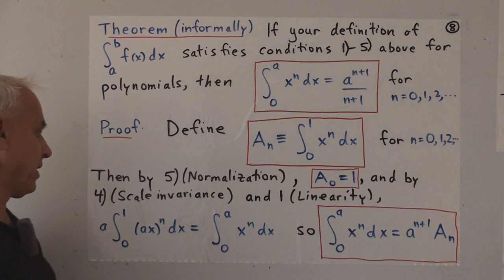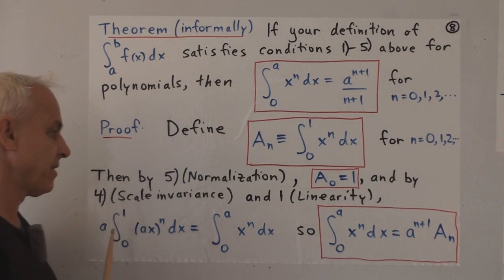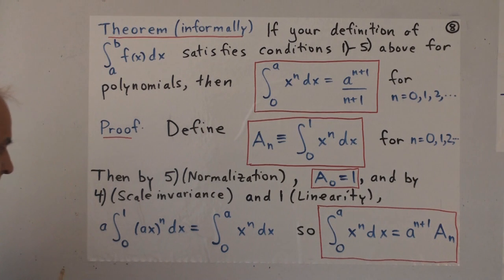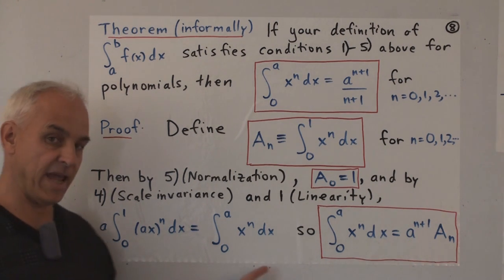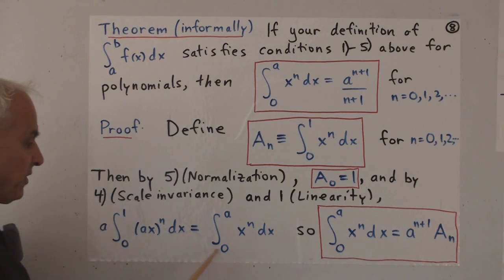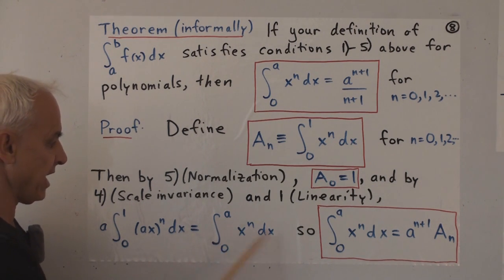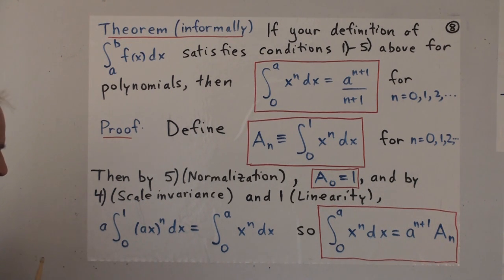All right, another important property, the scale invariance, implies the following. Suppose we look at the integral from 0 to 1 of a times x to the n dx and multiplied by a. According to the scale invariance formula, this is equal to the integral from 0 to a of x to the n dx. So this is a special case when the interval here, which used to be called ab, is 0, 1. This number a is playing the role of c in the formula. And the function that we're talking about is the function x to the n.